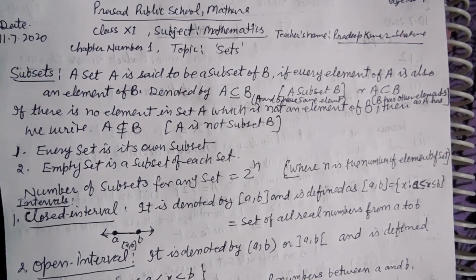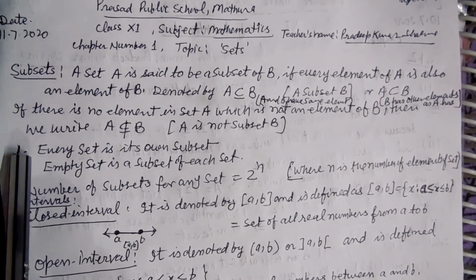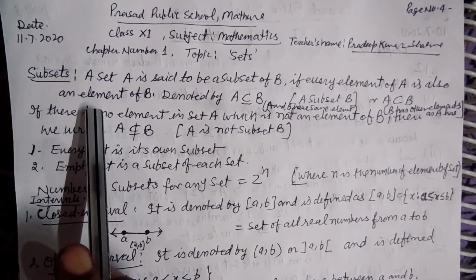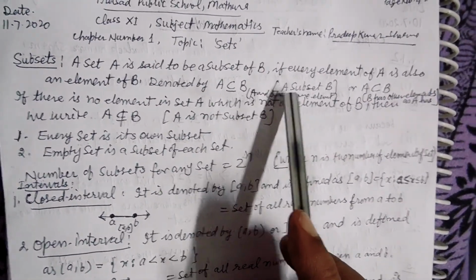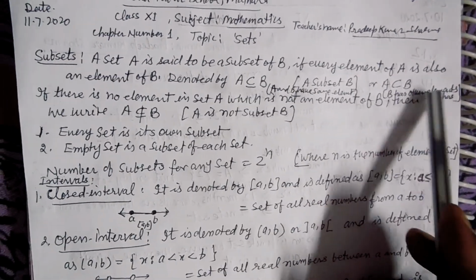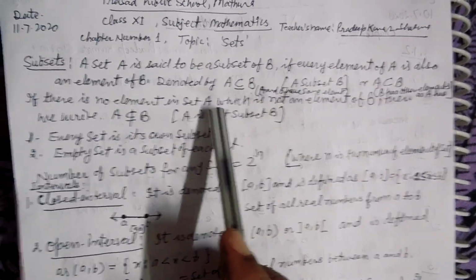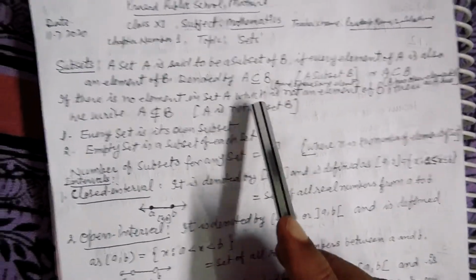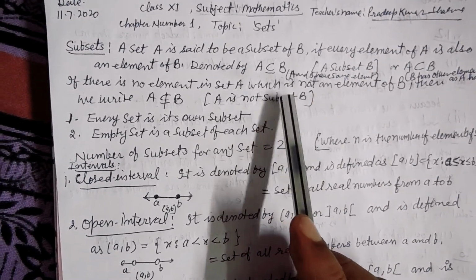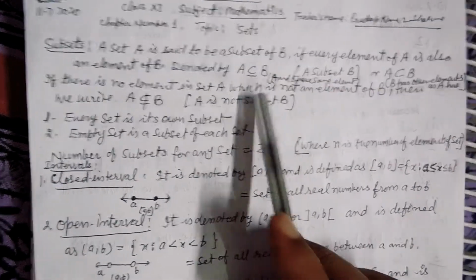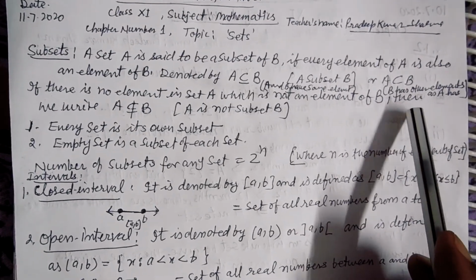Students, today we study some definitions of sets. A set A is said to be a subset of B if every element of A is also an element of B, denoted by A ⊆ B. This denotation is where A and B have the same elements, and this denotation A ⊂ B is where B has other elements